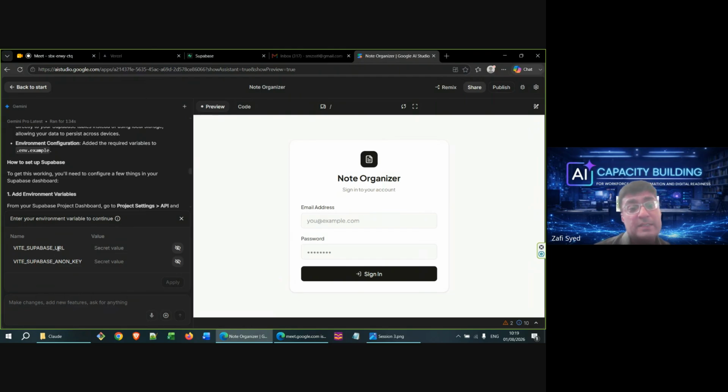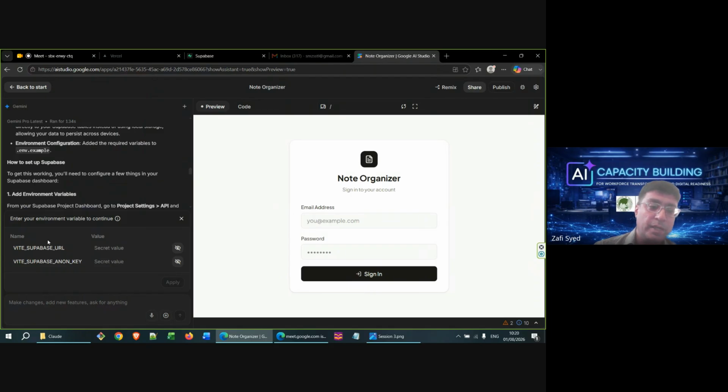The first one is when you create a database with Supabase, you get a public URL for that database. So we need to provide that URL. And the second thing is to provide a publishable key or an anon key, like an anonymous key. So the idea is that we need to provide these two pieces of information.